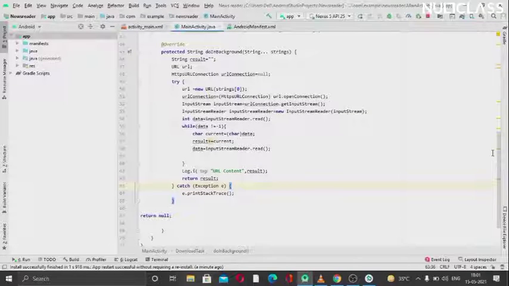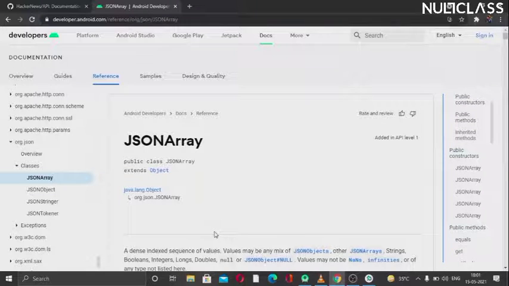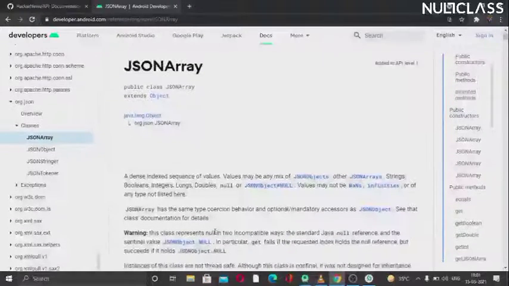Now we want a JSON array, so I will tell you what a JSON array is. This is basically a dense text sequence of values, maybe a mix of JSON objects, other JSON arrays, strings, booleans, and others. If you want to show a lot of numbers, like lists or arrays, we use this.